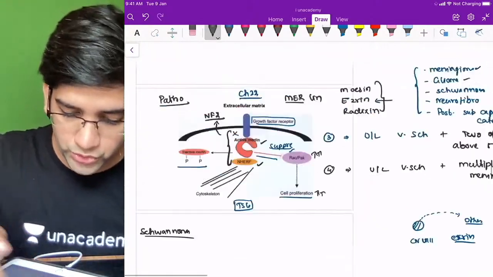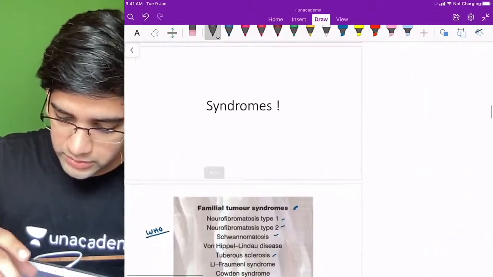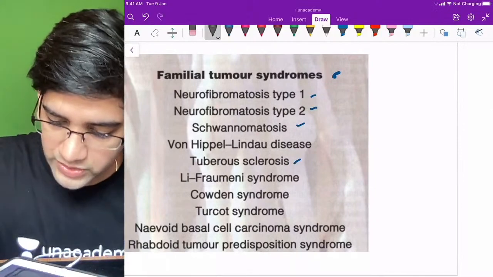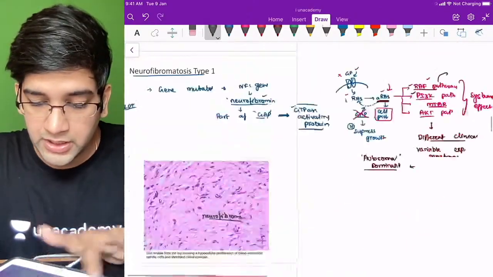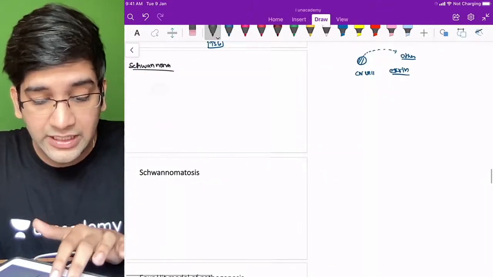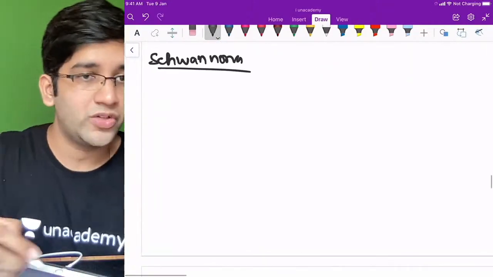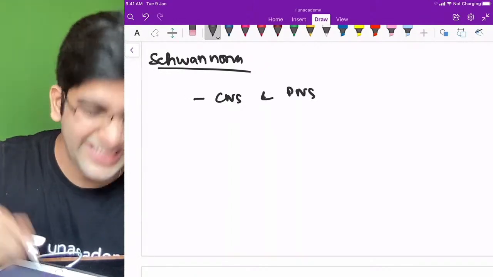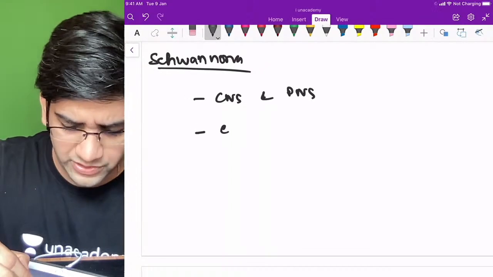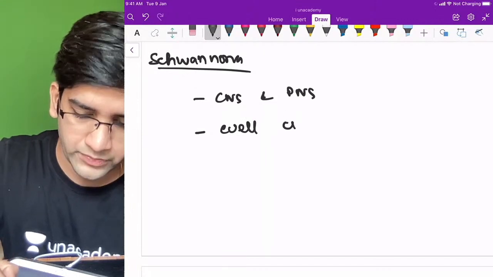The first image which I showed you, this background image here, is actually the cauda equina fibers. There are multiple schwannomas in the cauda equina fibers, right? So it can be seen in any nerve. It can be seen in a peripheral nerve also. It's not always a central nerve. It can be seen in the CNS and in the peripheral nervous system, anywhere, right? They are well encapsulated, well circumscribed lesions,